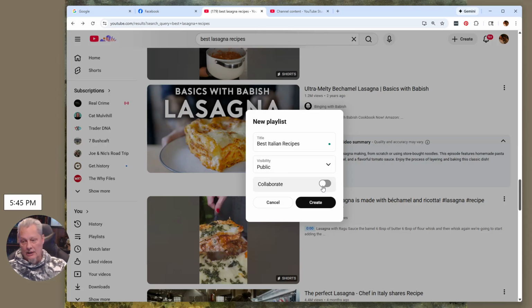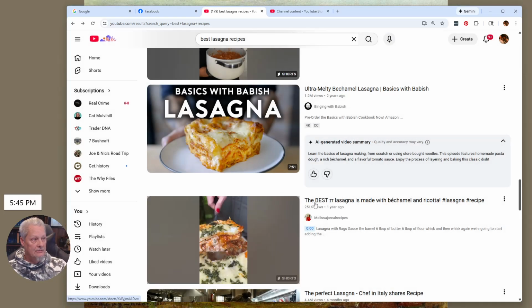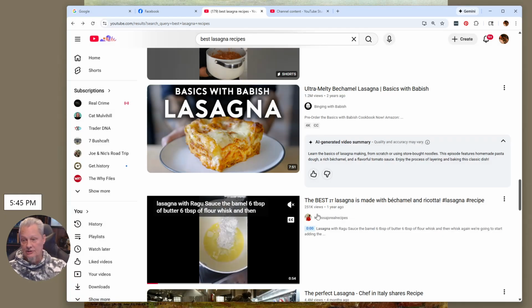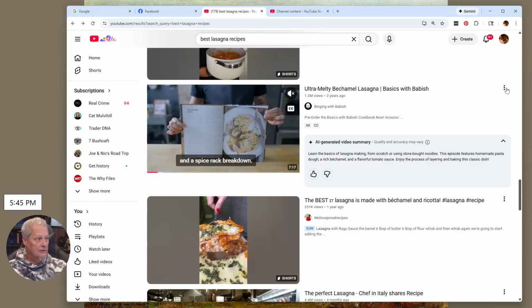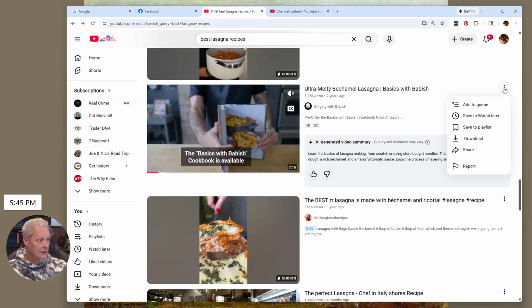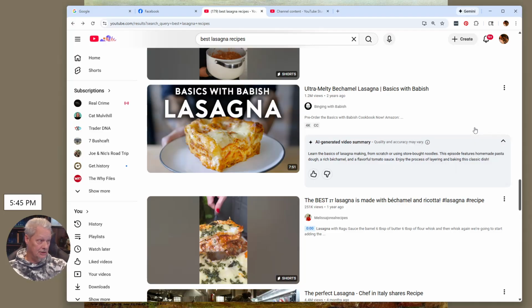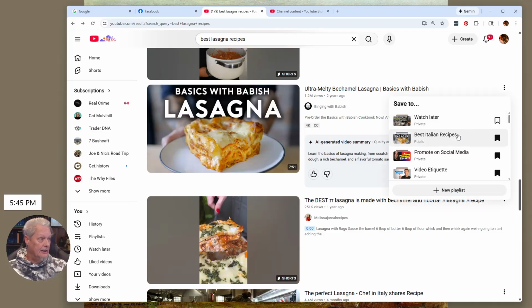I'm ignoring collaborate because I'm not dealing with anybody else. I'm going to just hit create. All right, so having done that, it's created it in a new spot. I'm clicking again on those three dots, and I'm going to click save to playlist, and you're going to